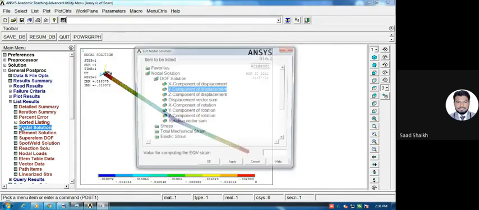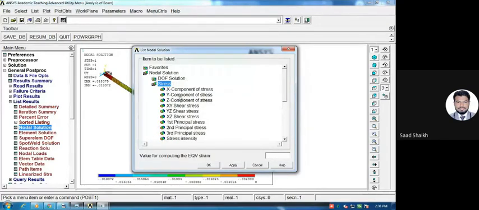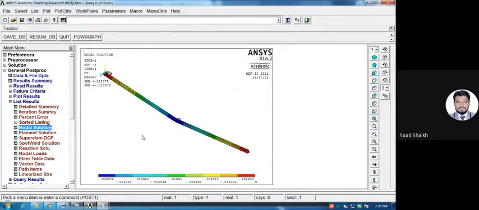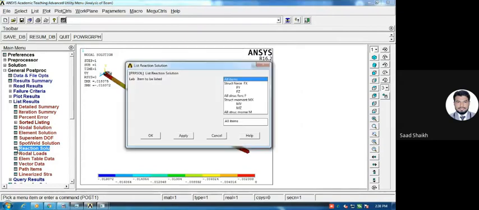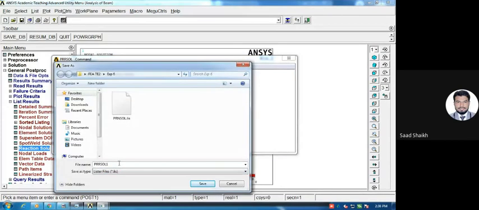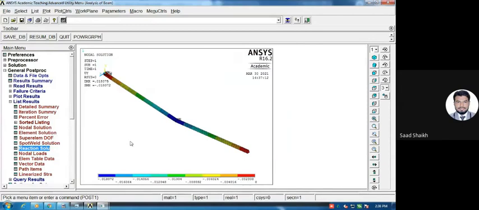Again, if you want to check with some stresses, you can check with your stresses in x direction or y direction, right? The form of the plot result or list. Again, you can go to reactions if you want. All items present. These are your reactions at node 1 and node 3. Since your node 1 is fixed, it will have some reaction in directions which are fixed. So in y direction, it is having some reaction, and in case of moment, it is having some reaction. Again, you can save this file if you want. Name it anything you want. Save. So this is all about how we can proceed for analysis of